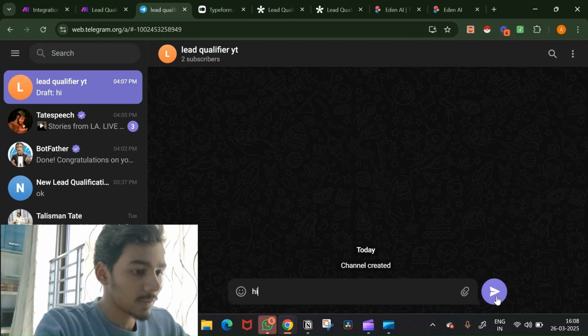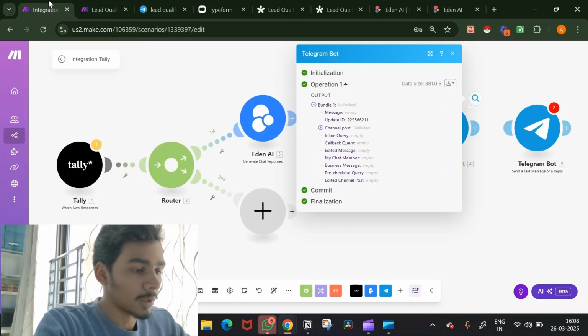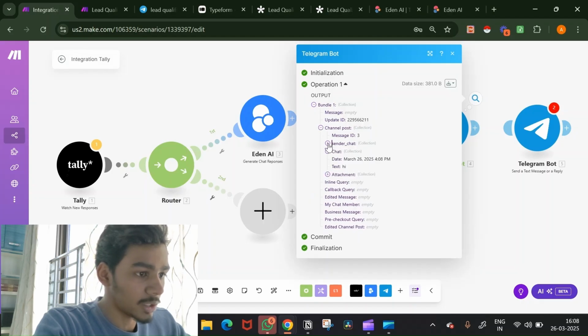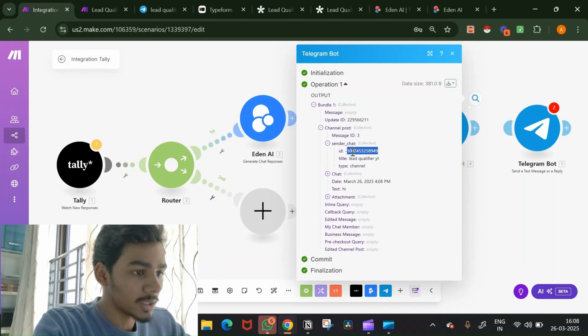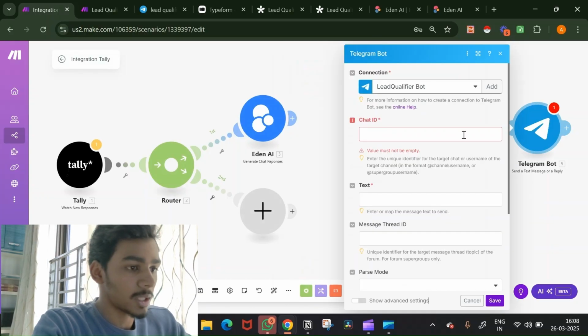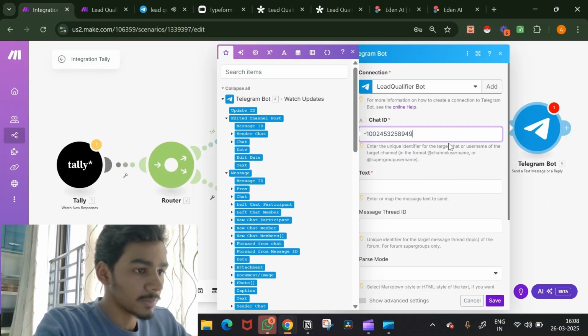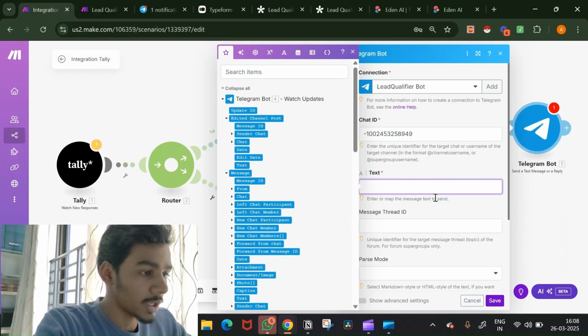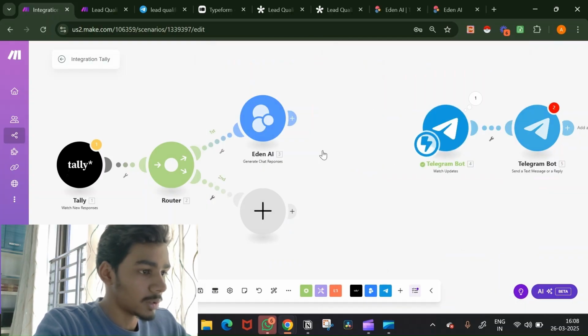If I say hi, now you see I have, under channel post, if I click on chat, an ID. I'll copy this ID, connect this, and paste that ID right here. Now under text, enter the message or text to send. So for that, what I'll do is put the trigger. Wait, I need to unlink this,